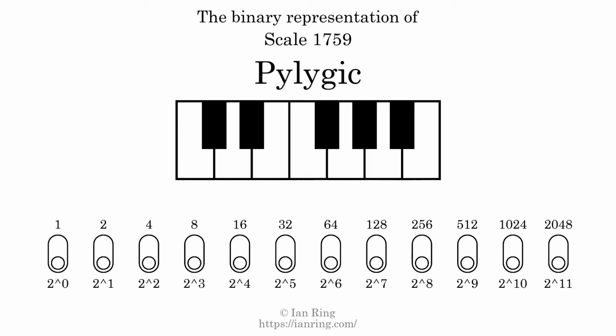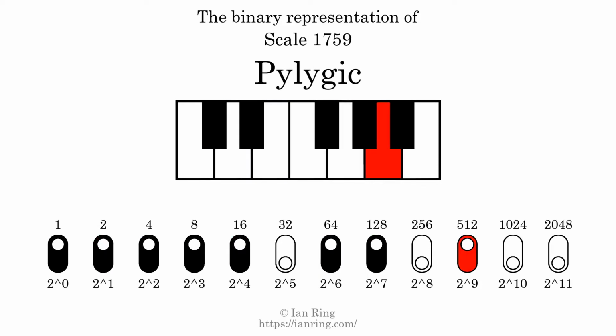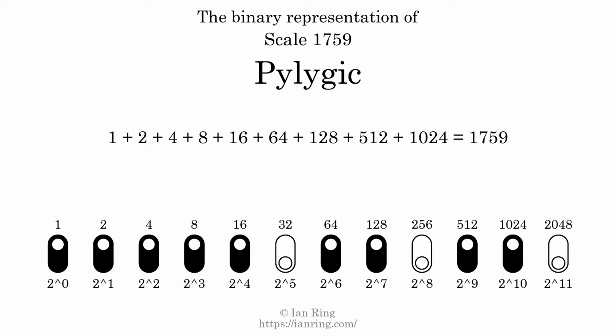The binary representation of this scale is determined by mapping tones of the scale to binary digits. Each binary digit represents a power of 2. To get the scale number, we add the powers of 2 together. The powers of 2 that are present in the scale, all added together, equals 1759. That is why the scale number, in decimal, is